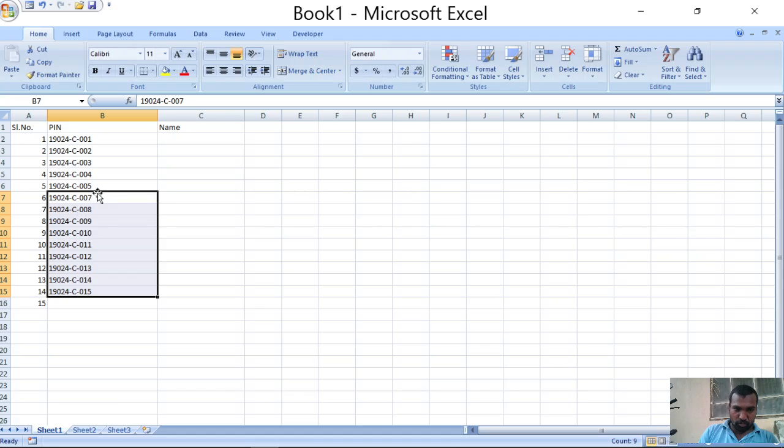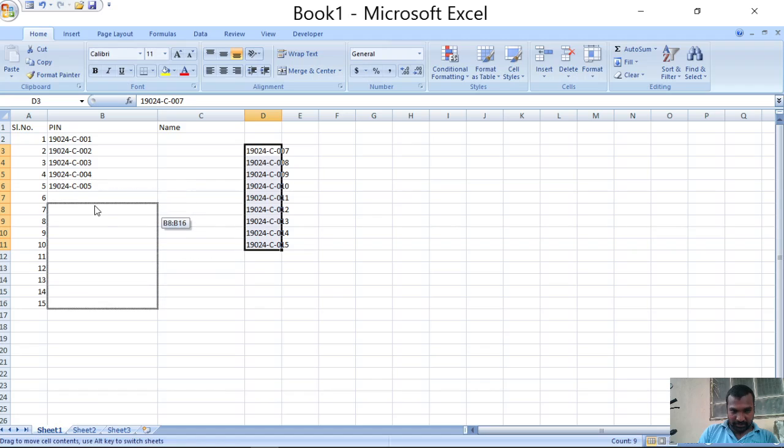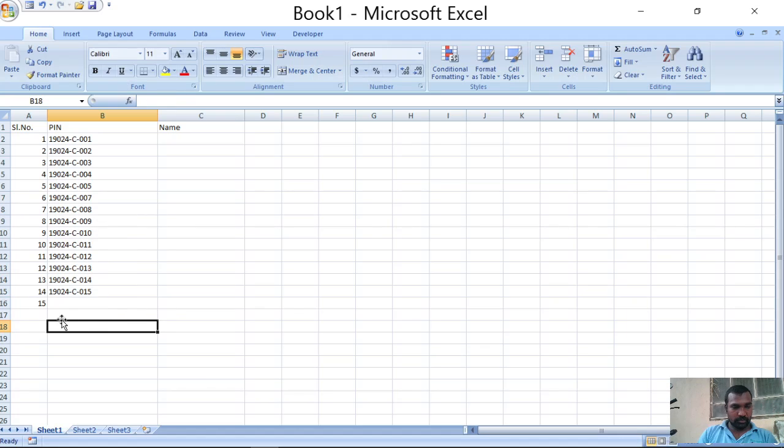If I want to move from here to here, you can perform the drag and drop operation. Where you want to drop those cells, you can, by selecting and dragging, perform the dropping operation. So this is about drag and drop.